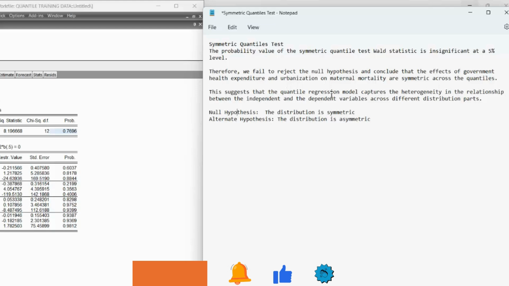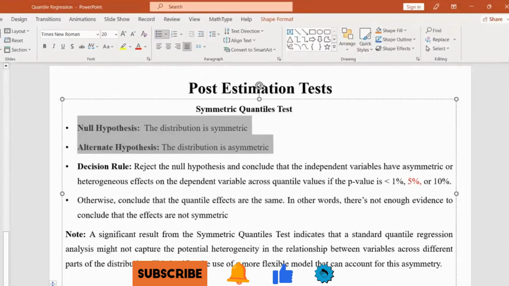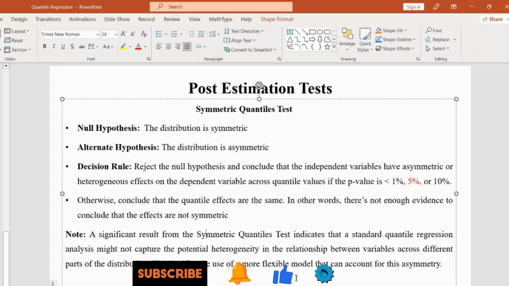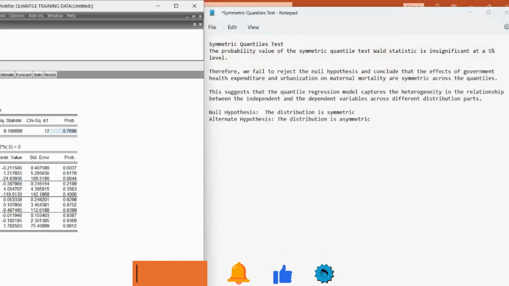This suggests that the quantile regression model captures the heterogeneity in the relationship between the independent and the dependent variables across different distribution paths. So that is how to interpret the results. And I told you here that what we are after is this symmetry. If the distribution is asymmetric, then it means that the standard quantile regression result is not suitable for the analysis. So once the probability value is greater than 5%, then you fail to reject the